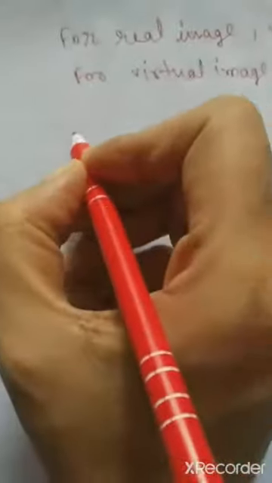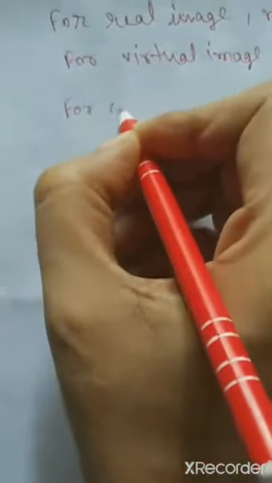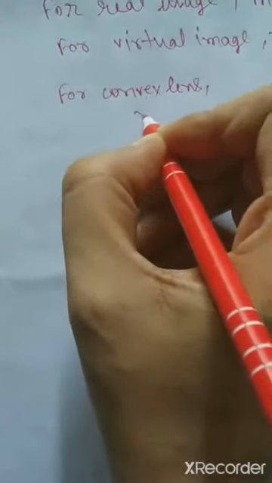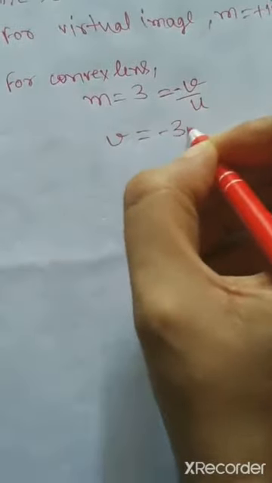So in the numericals, when we solve them, you will see that the numericals are given in such a way that the image is magnified 3 times the object, or directly the magnification value will be given to you, that for convex lens the magnification is 3, or for concave lens the magnification is 3. So suppose for convex lens the magnification value is 3. In that case m will be equal to V by U, that means negative, V by U equal to minus 3, or you can say V is equal to minus 3U.